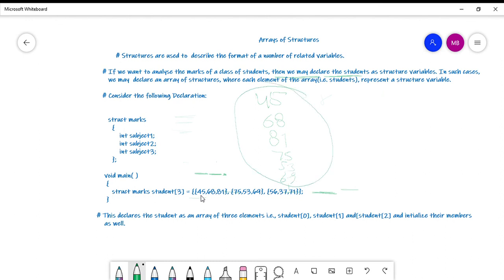Why sequentially? Because they are stored in contiguous memory locations. So this is all about how you can use arrays within structures.